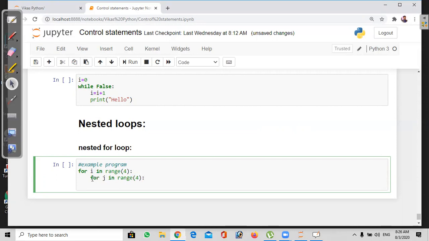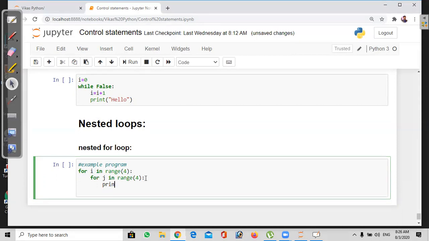See here, there is an indentation, a space after the for loop. Then only it can become part of the inner loop. Then I want to write a print here. What do I want to print? I want to print a star. After printing the star, I want to give a space here.